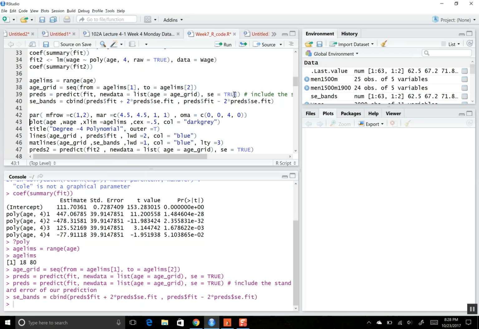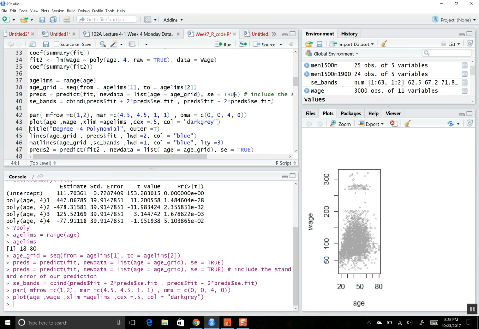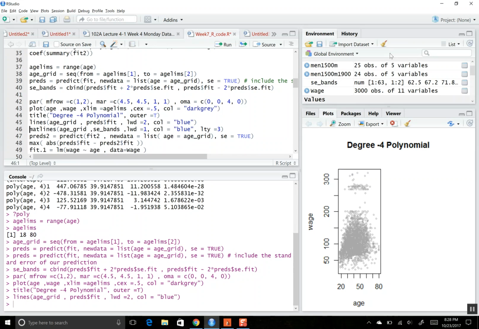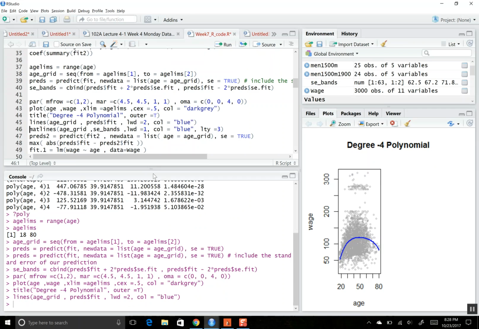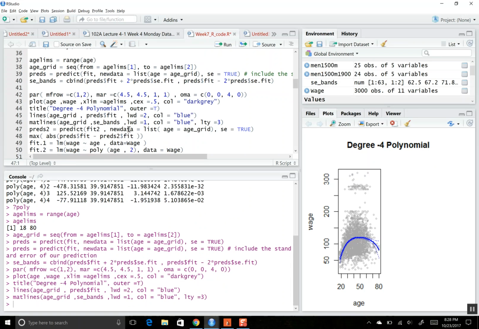And so in this case, here's our plot of the wage data, and then we're going to fit the fourth degree polynomial to it. This is what we have on this side. So this is all the wage data we have, and then fitting a fourth degree polynomial looks like that on that side. And then on the other side, we can